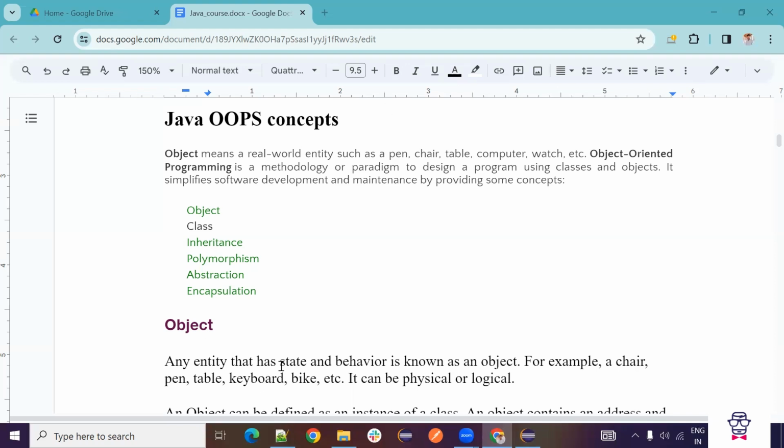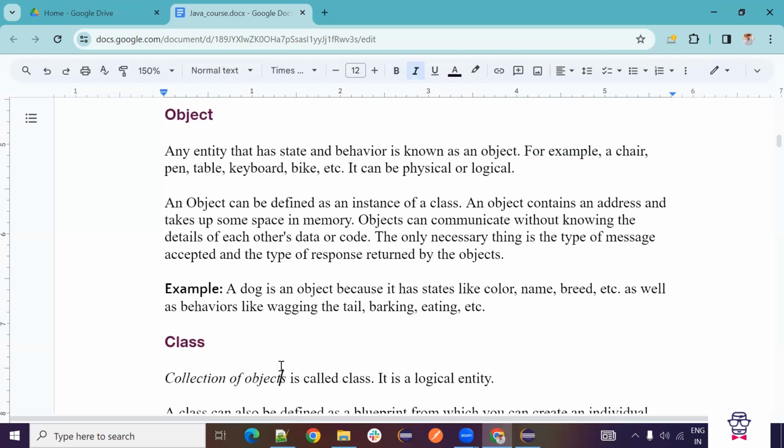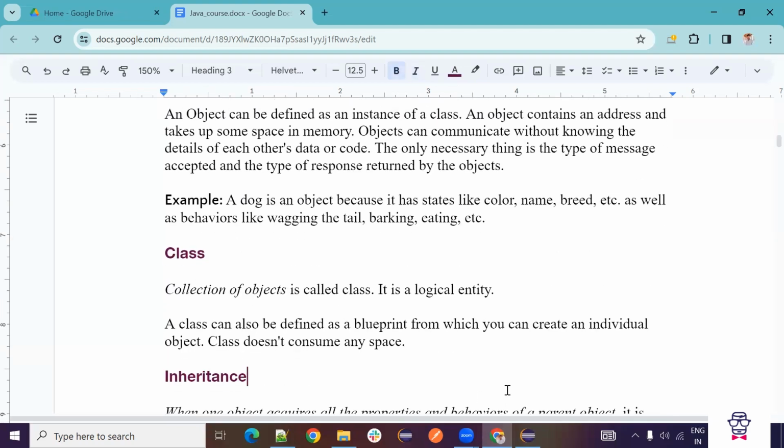So object means it's like a physical entity which will have some behavior. For example, chair, table, bike, car. Because we saw class means it's a blueprint where on paper we write all the things. But in reality, how will we use it? We will prepare a car and use it. Same way, class is a collection of objects, like a blueprint. Until and unless you create the object, you cannot use the class. In a class, we can define methods, variables, everything. But if you want to use that class, you have to create the object for that class. Otherwise, you cannot use that class.